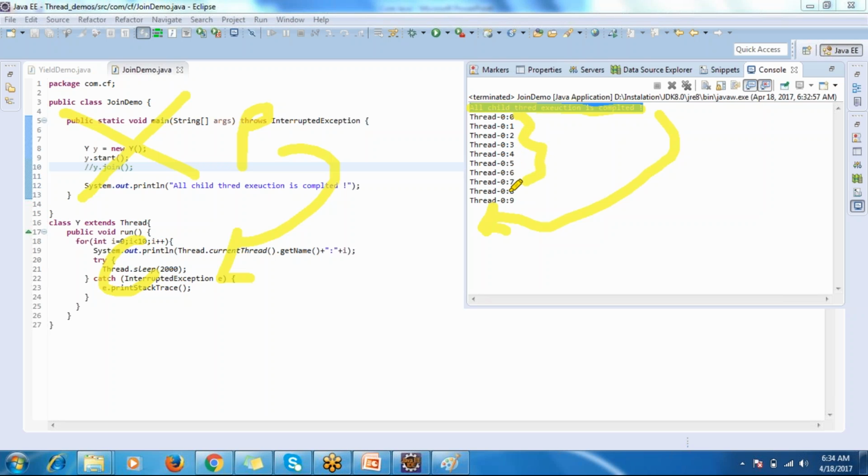So I want to print, once the child thread execution is completed, then I want to print a statement like all child thread execution is done. But now it is not happening like that, correct? So to control this particular statement at line number 12, I don't want to execute immediately. I want to execute at the end, at the bottom. So to do that, what I am going to do now,